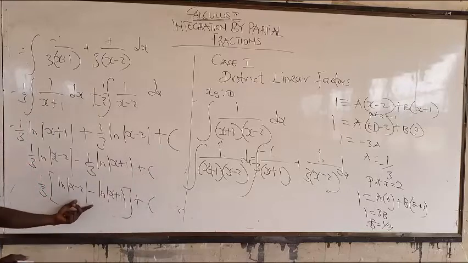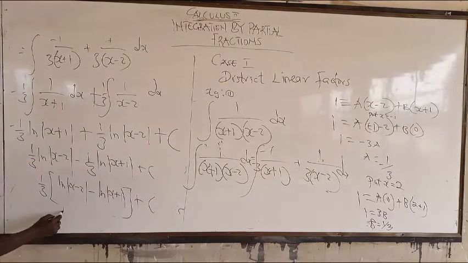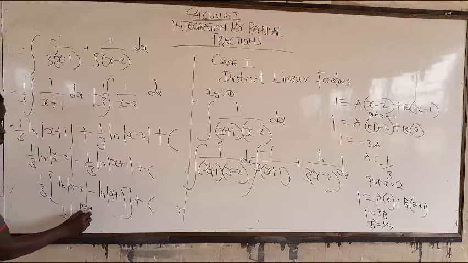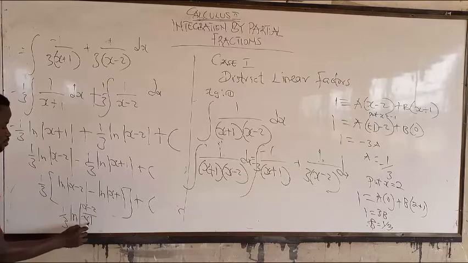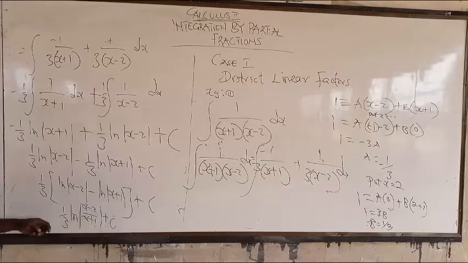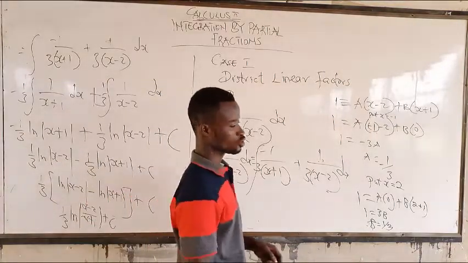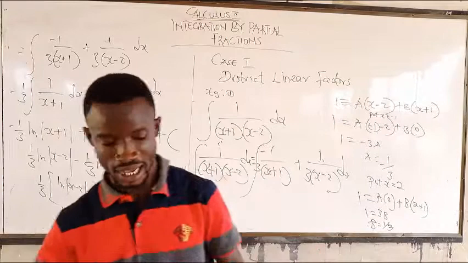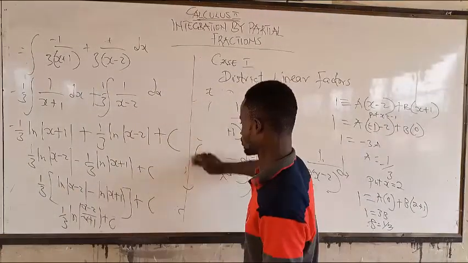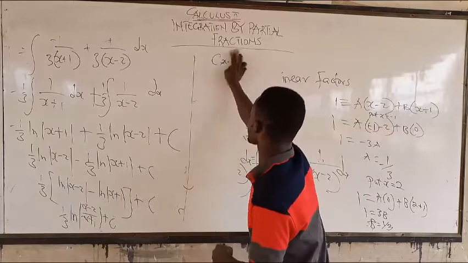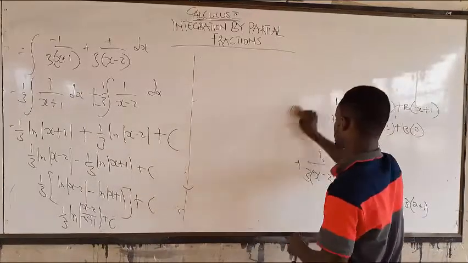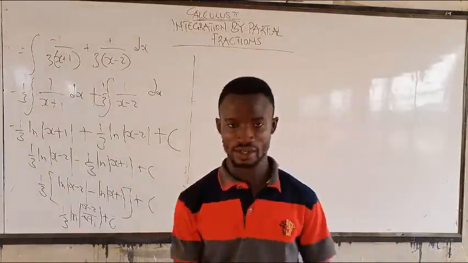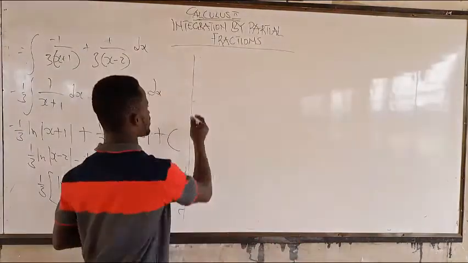And getting this, we can combine this from your algebra, and that is going to be ln of (s minus 2) over (s plus 1) plus c. So that is what we are going to get for that. So in general, we can deduce that anytime you have the integral of